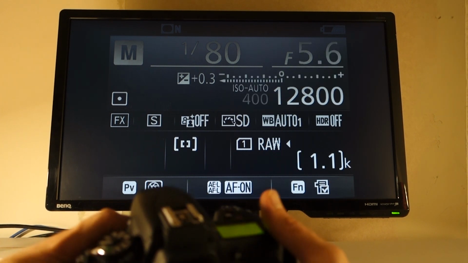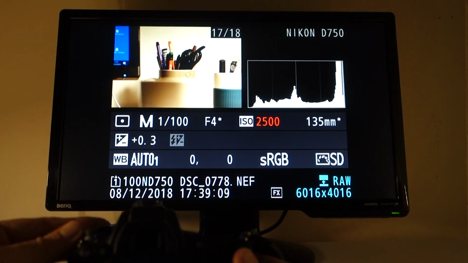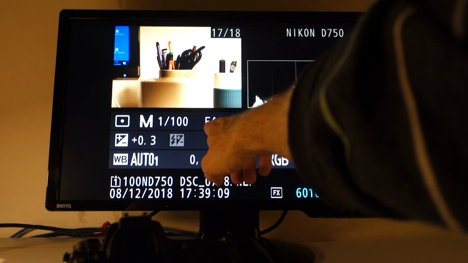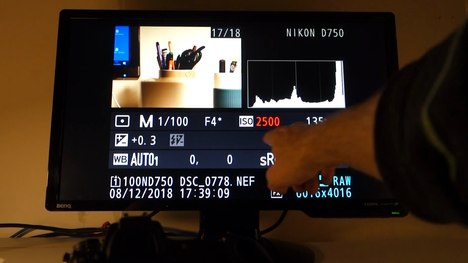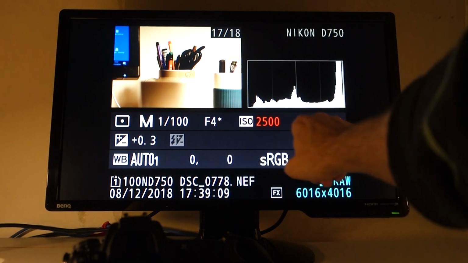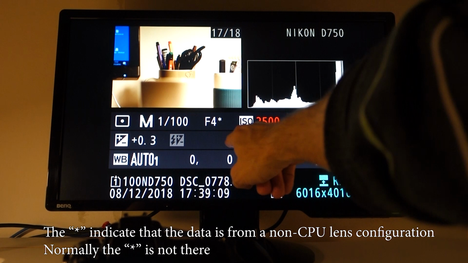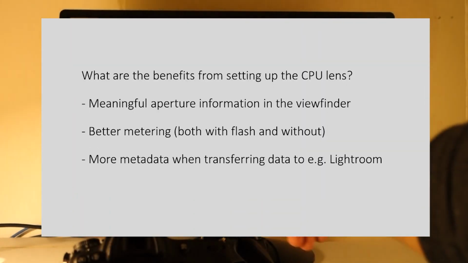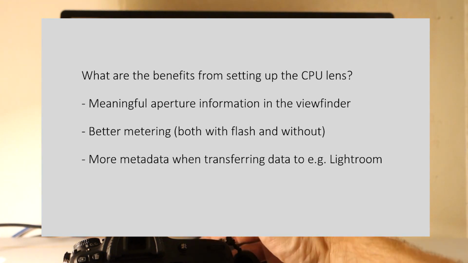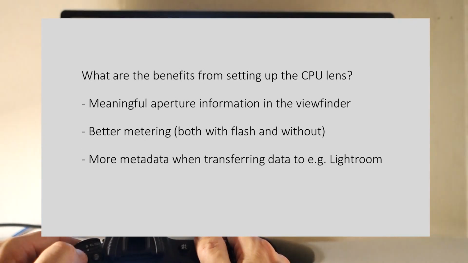And then last, but certainly not least, if you look at the picture you have taken here, you will see that you get the metadata information. This is a picture I took with the 135. With these little stars next to it, it actually tells you this was shot at f4 and 135. Had you not set up this CPU lens information, then these would have been, I believe, blank or not filled in correctly. So that, I think, is another big benefit,